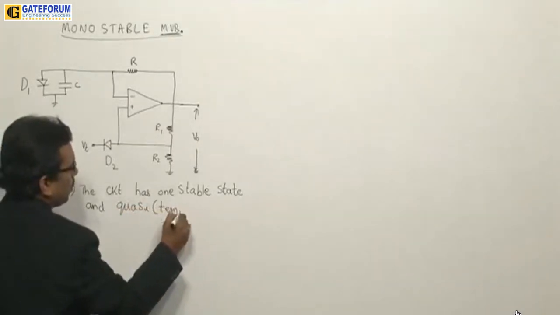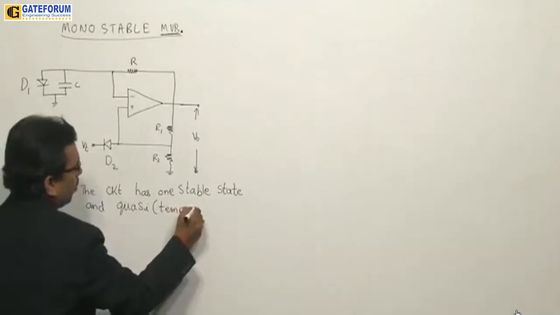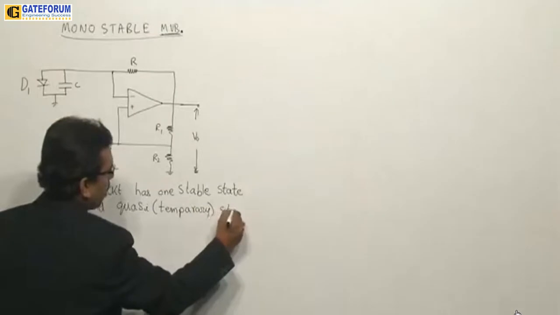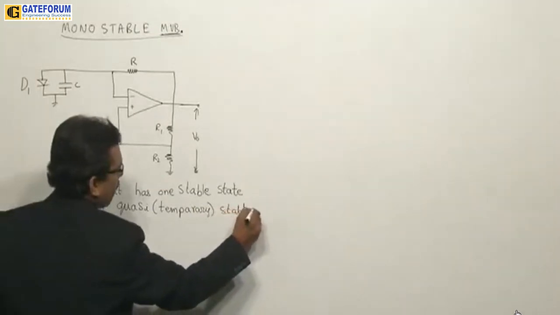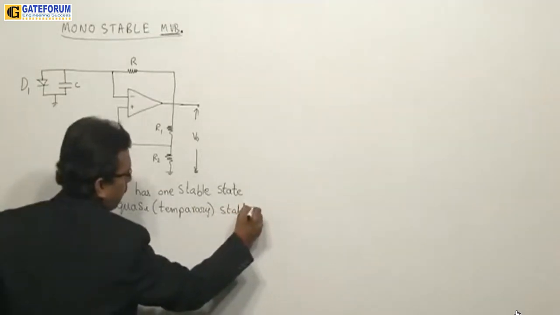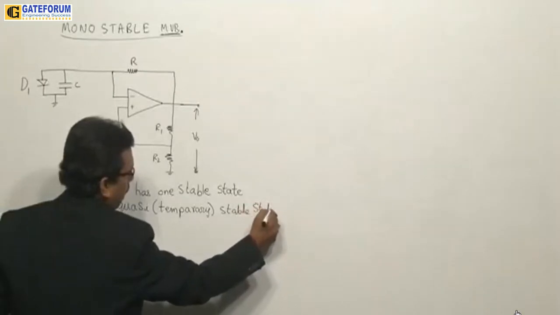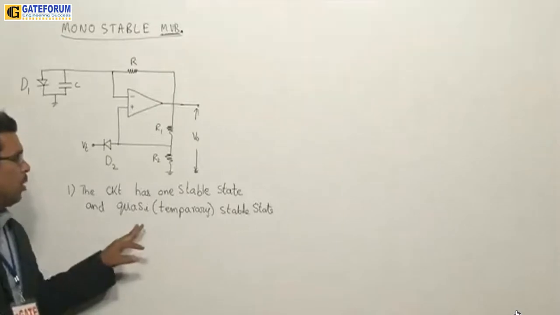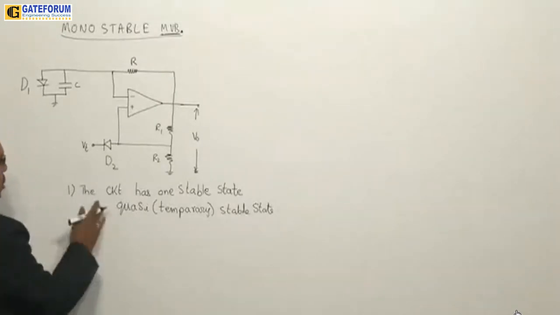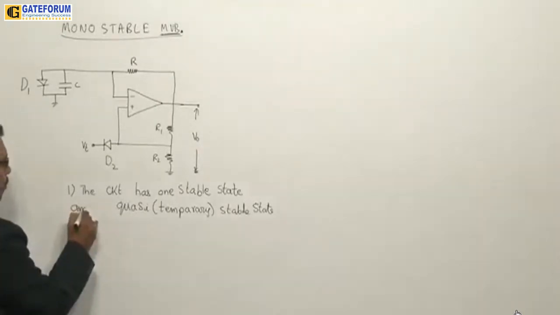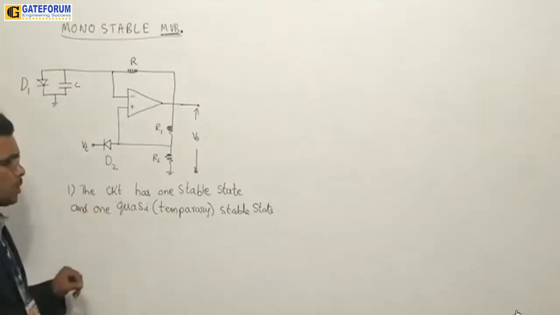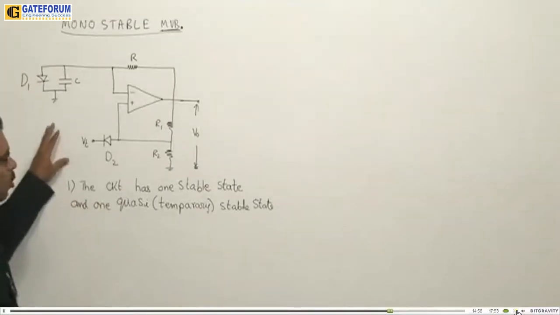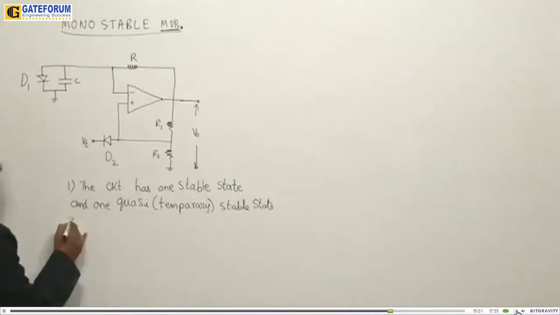Quasi means temporary, okay, quasi-stable state. So the circuit has one stable state and one quasi-stable state. So this is what you call the characteristic of this circuit,